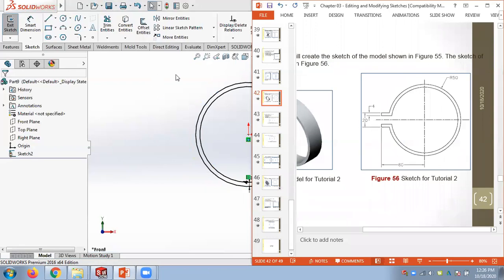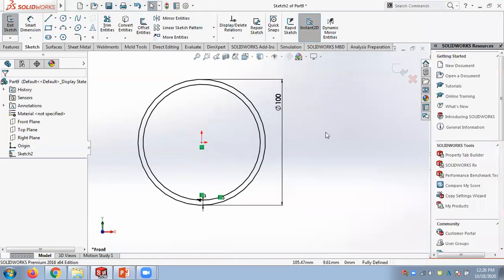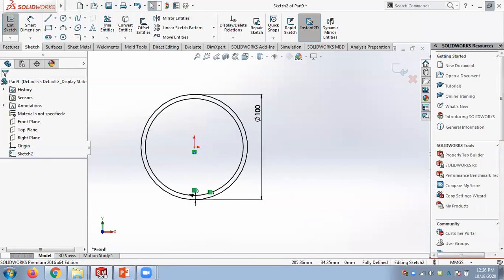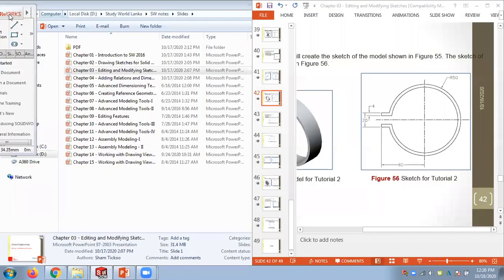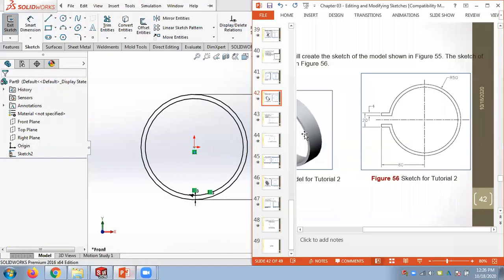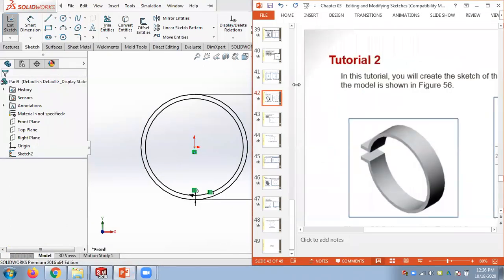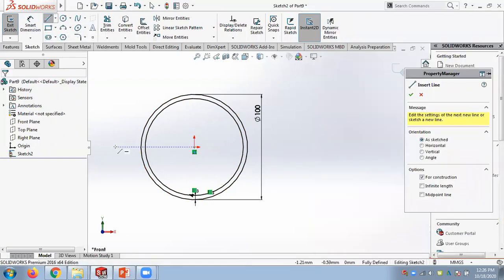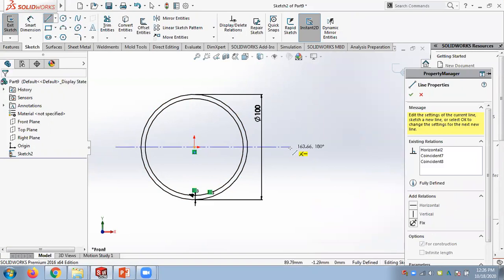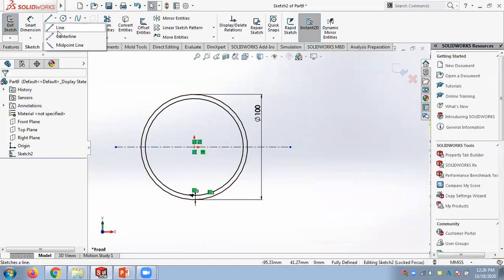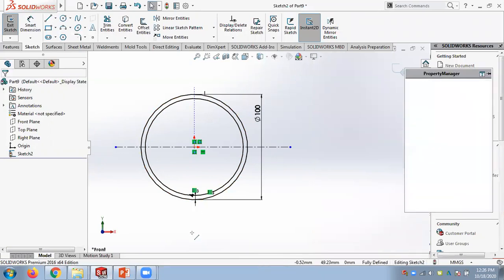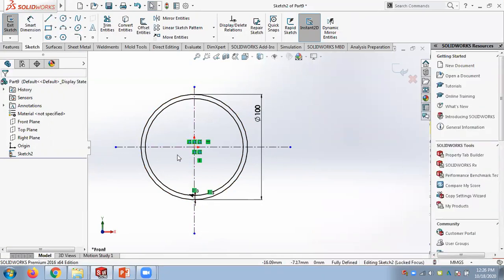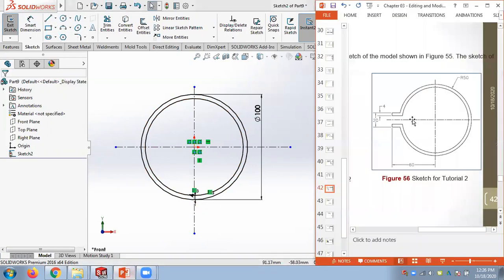Then this area I should draw. So what can we do? It's very difficult with these two slides. Okay, so I have to draw center lines. We will draw the center line because we need symmetry. I think a horizontal line will be enough. Now we have to give dimensions, so we will have the vertical also, both are there. So this is the origin, and here we can draw this shape.